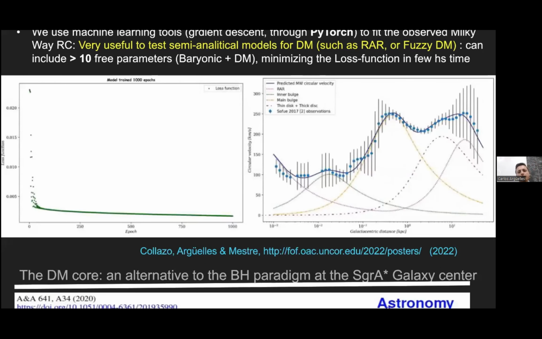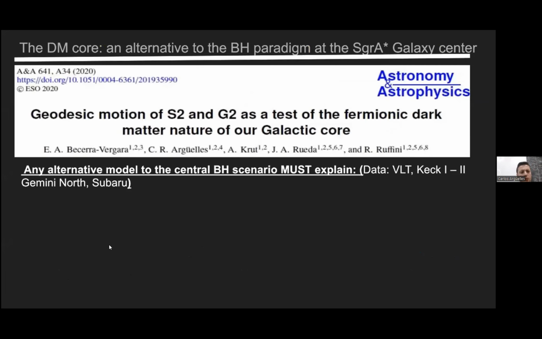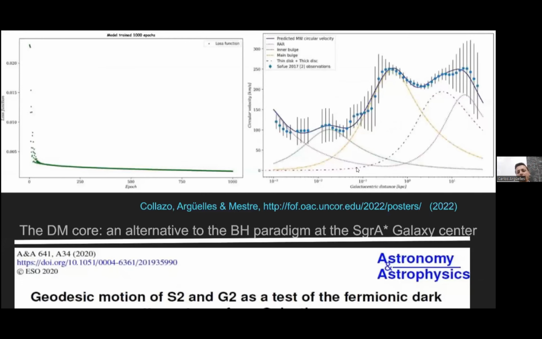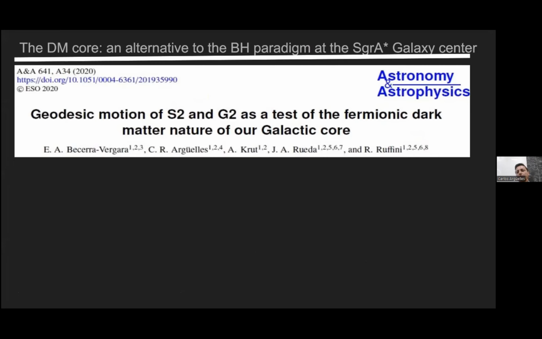But now let's go into the last part of the talk. Let's move to the geodesics of the stars, because up to now what we have done here are the average circular velocity of the S stars, because this is a circular velocity plot. But as you know, the S stars are ellipses